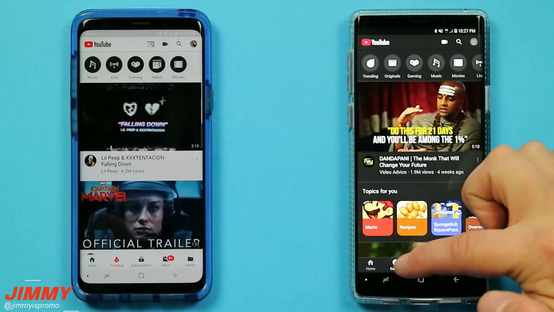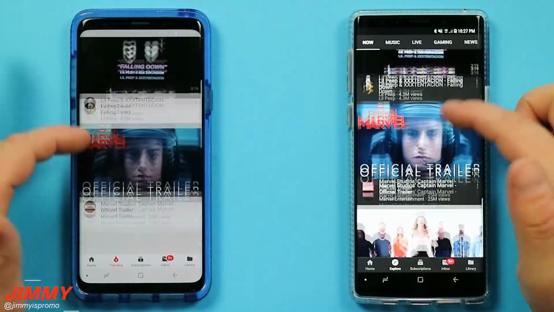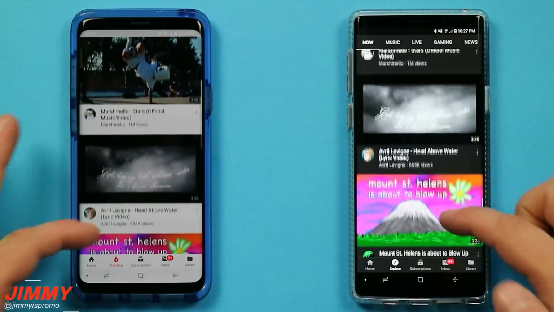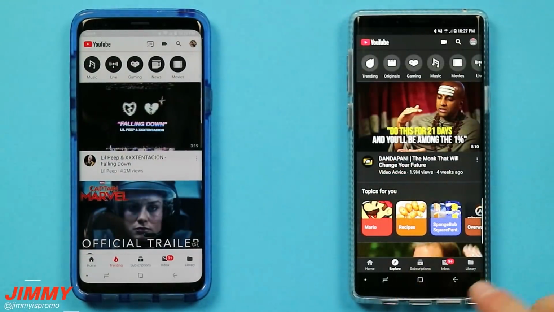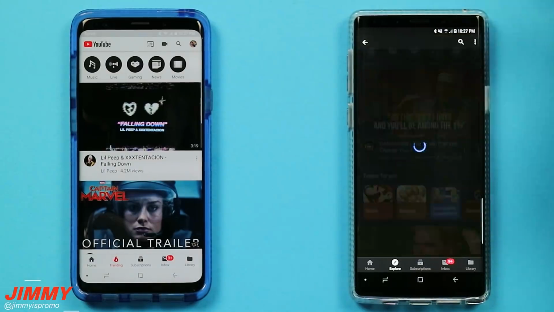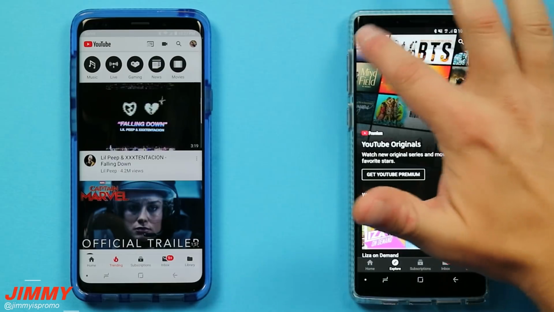Now, if you do want to check out the normal trending tab, which is going to be this one over here, well, on the Explore tab, you have trending on the very top, and you will see that this is going to be identical to what will be shown on the trending page. Now, the other fun thing too is underneath the Explore, you can check out some stuff that is the YouTube originals. So if you want to see what was made originally by YouTube,